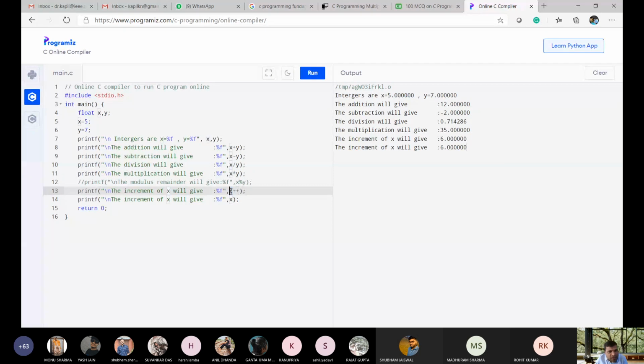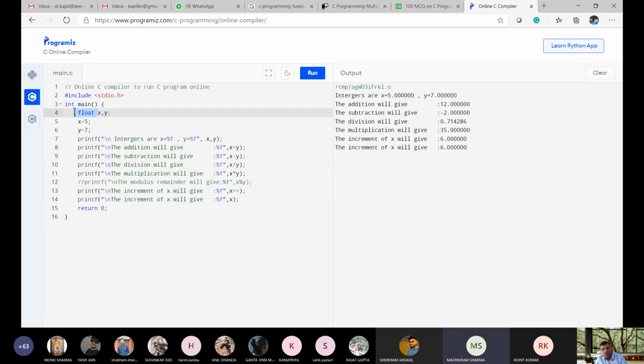It will give you x. Okay. In place of %f, it will replace x. So what is the current value of x? This is 5. Okay. This is one statement, and the next statement is x equals x plus 1. Clear?